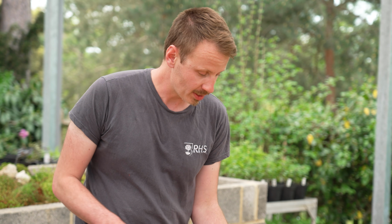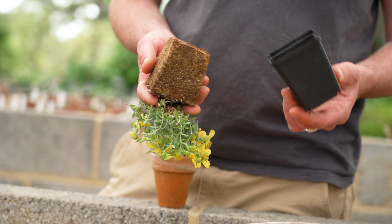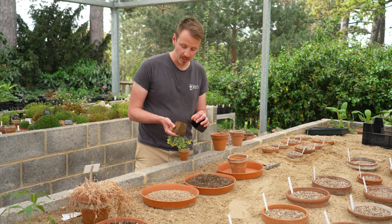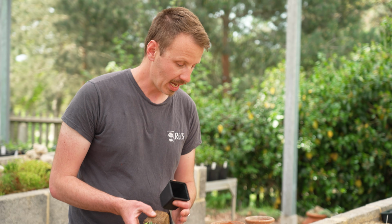So removing plants from a plastic pot is very, very simple. You just simply squeeze the side of the pot and the plants just come loose with a gentle pull. And it's worth noting that we reuse all of these pots. So you would then gently tease the root system, and then I would place into its new container and fill